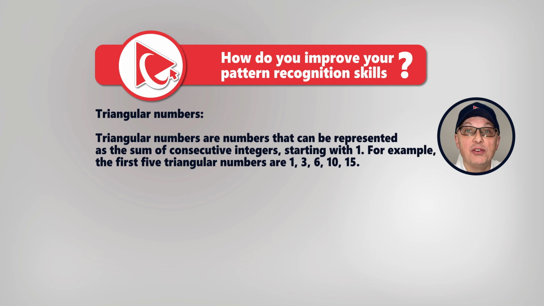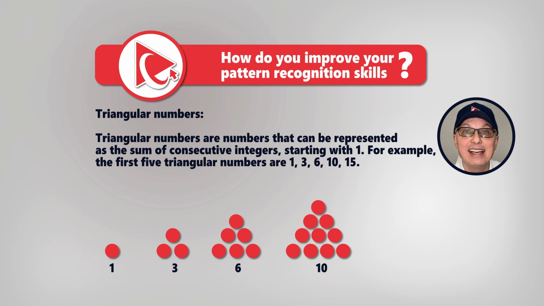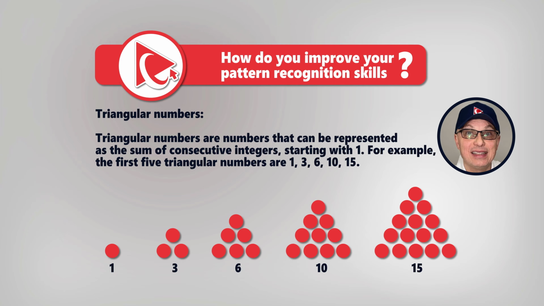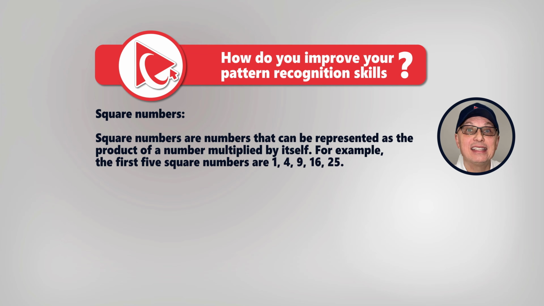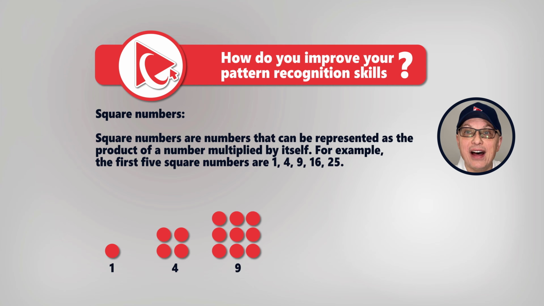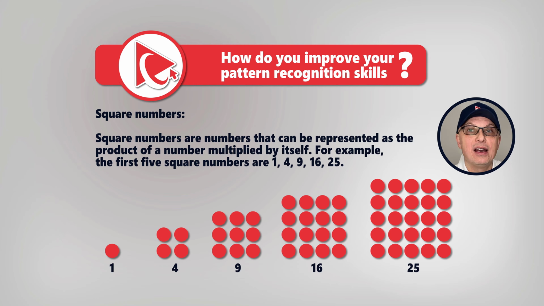For example, the first 5 triangular numbers would be 1, 3, 6, 10, and 15. Next one on my list are square numbers. Square numbers are the numbers that can be represented by a product of a number multiplied by itself. For example, the first 5 square numbers are 1, 4, 9, 16, and 25. Because 1 square is 1, 2 square is 4, 3 square is 9, 4 square is 16, and 5 square